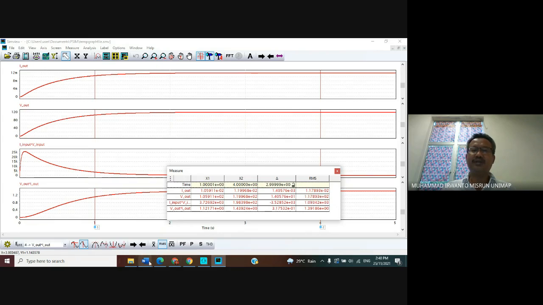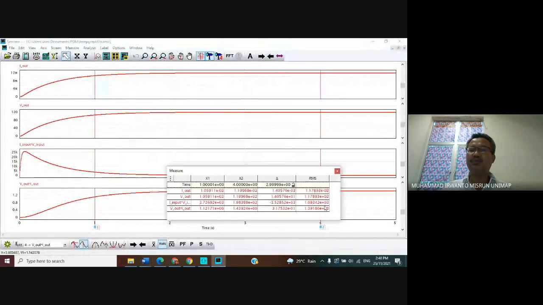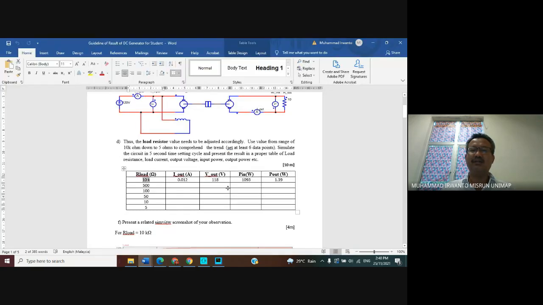You can type in this table 0.012. And then output voltage, it is multiplied by 10 power 2, means 118. So you can write in the table 118.